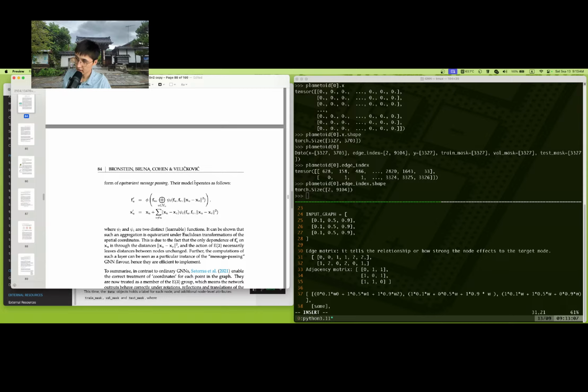We cannot take a dot product between edge index and this X. I mean, they use this special edge indexing format for a specific reason, I think. So what is the reason? Maybe